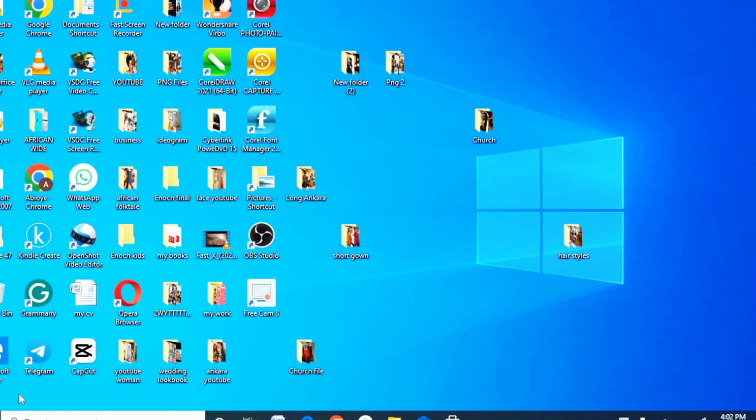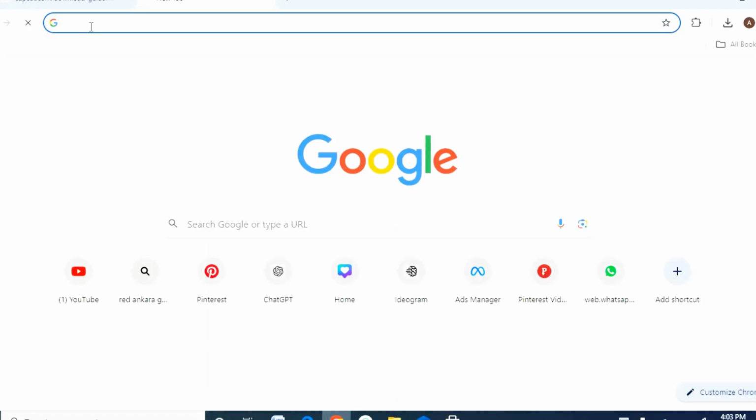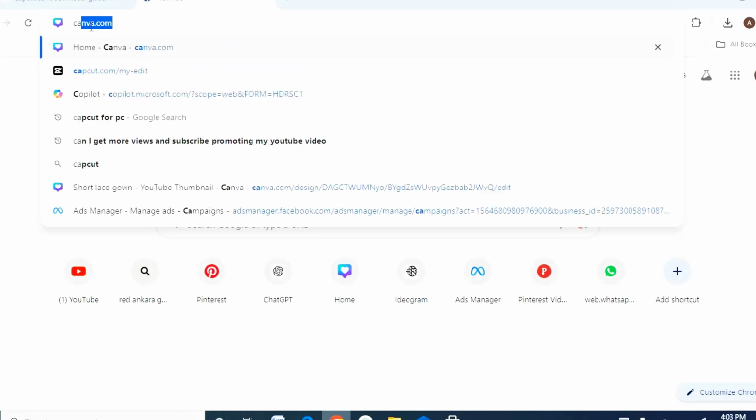So welcome everyone. I'm going to be showing you step by step how to install CapCut on your PC or on your computer. So just go to your browsing site. For this tutorial I'll be using Chrome. You type in CapCut